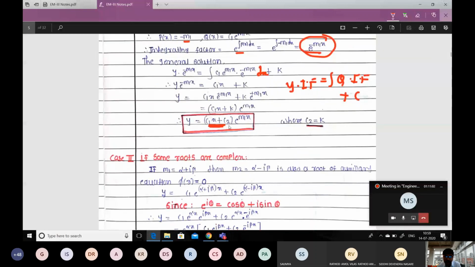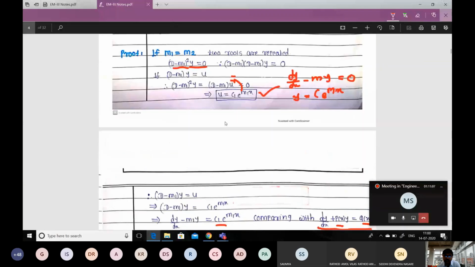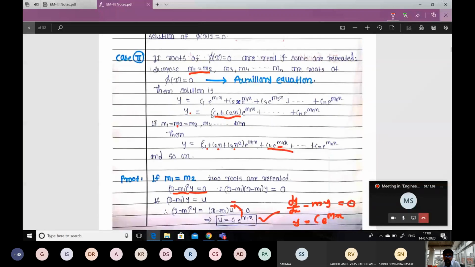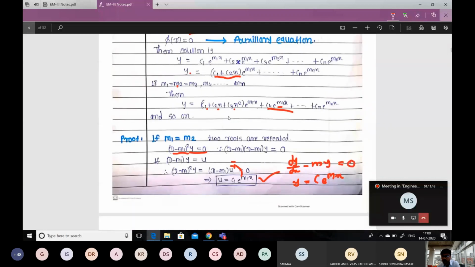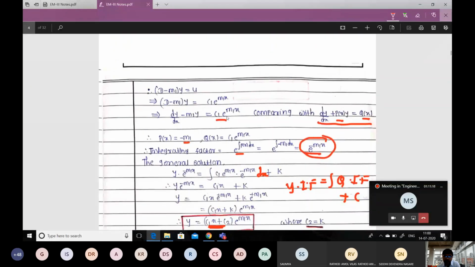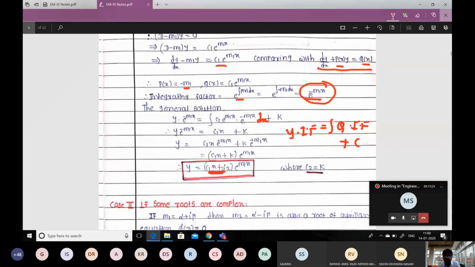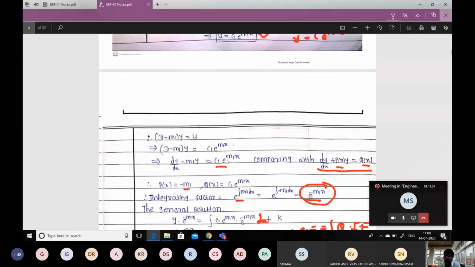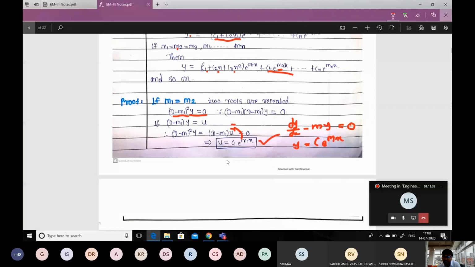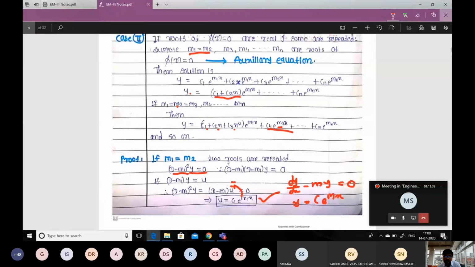Now you might be wondering, sir, in the solution you have written vice versa, like you have not written c1x and then c2, I am writing here c1 plus c2x. Then what will change? There will be no change. It doesn't matter whether you are writing c1x plus c2 or you're writing c1 plus c2x. It is not going to change your solution. It will be the solution. Position doesn't matter, whether you're writing from constant terms onward or from variable terms in a decreasing or ascending manner, whatever. It will not affect the final solution.